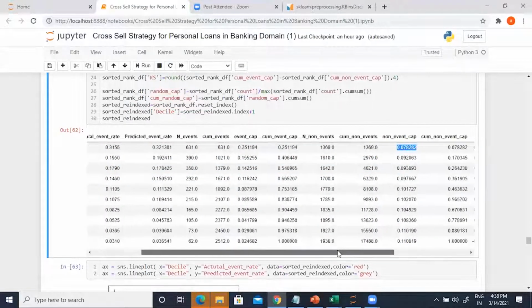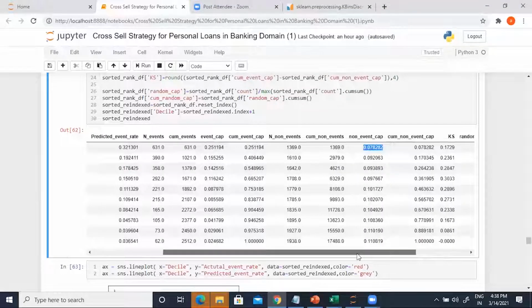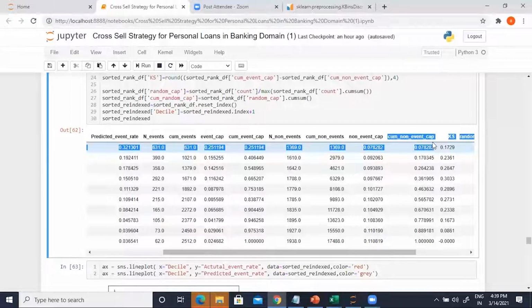Now there's a statistic or a metric called KS. KS is a distance measure between two distributions. So if you take this column, cumulative event capture rate, right? Cumulative responder capture rate and cumulative non-event capture, right?